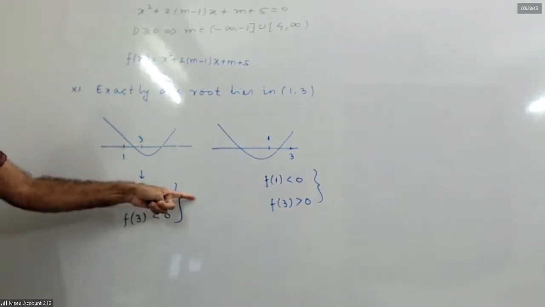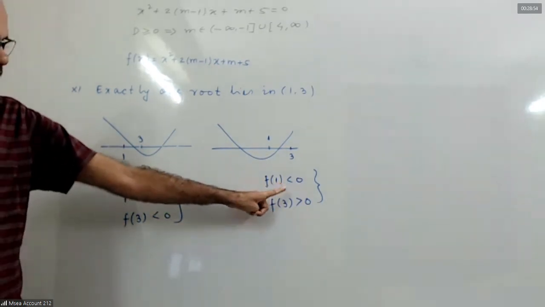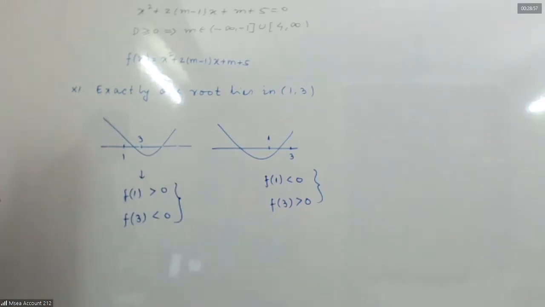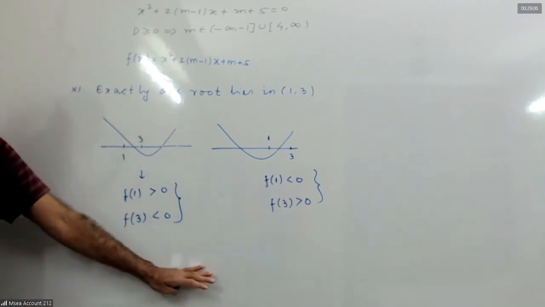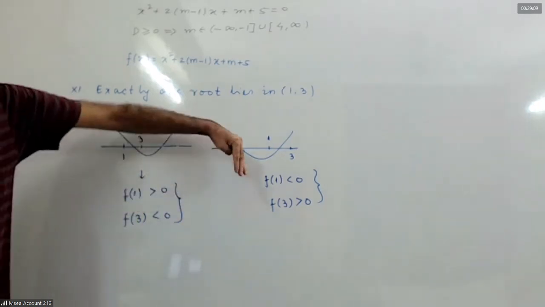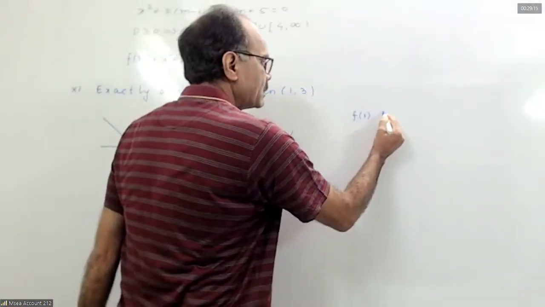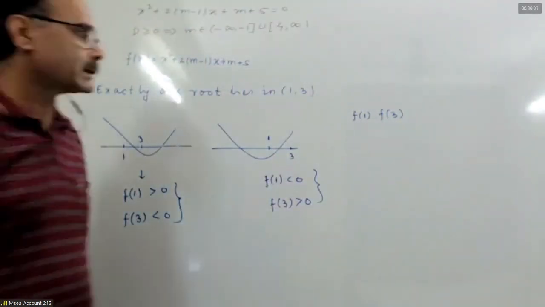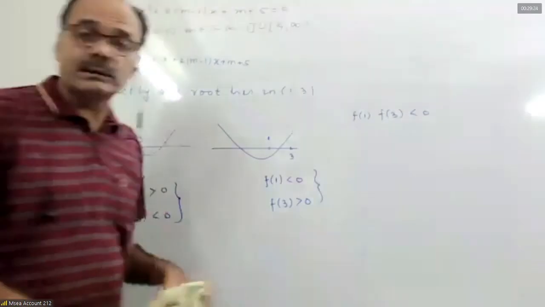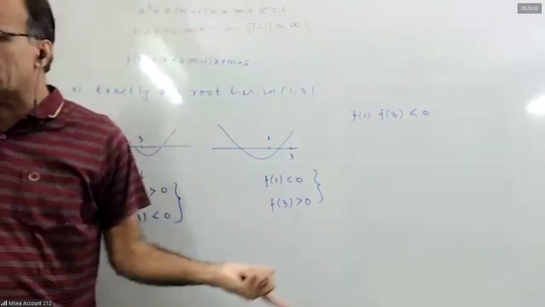Okay. Yes, sir. First, find the values of m satisfying these two conditions. Find the values of m satisfying these two conditions. Then take the union. Now, combining both the cases, I told you don't write it. You can check it later. If I combine these two cases together, if I write f(1) times f(3) in either case, what will it be, positive or negative? Negative. It will cover both the cases. The product of two real numbers is negative, so one will be negative, the other will be positive.